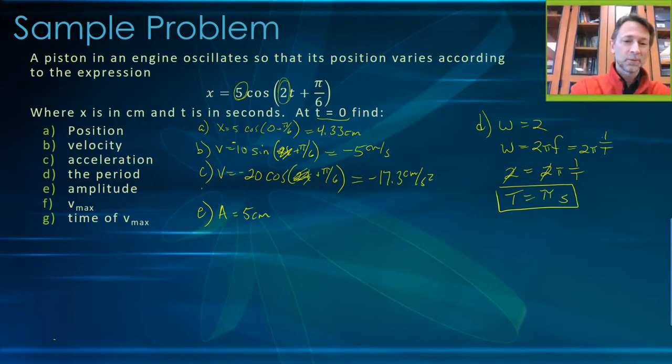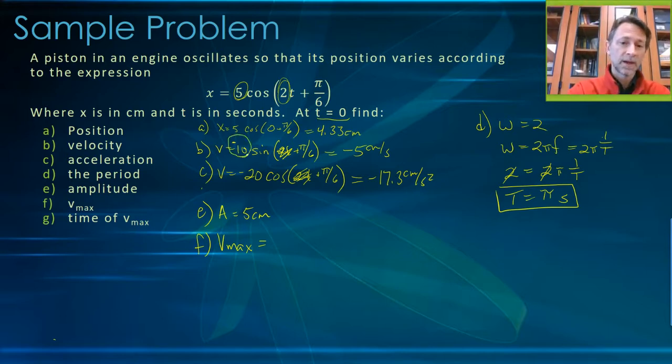Number F, if I want to find the maximum velocity, so V max, then aren't I going to want to look at it where the cosine is going to be equal to 1 or negative 1, right? Which means that isn't my V max going to be this negative 10 value? Again, boy, that wasn't that difficult. And if I want to find the time that I was at V max,